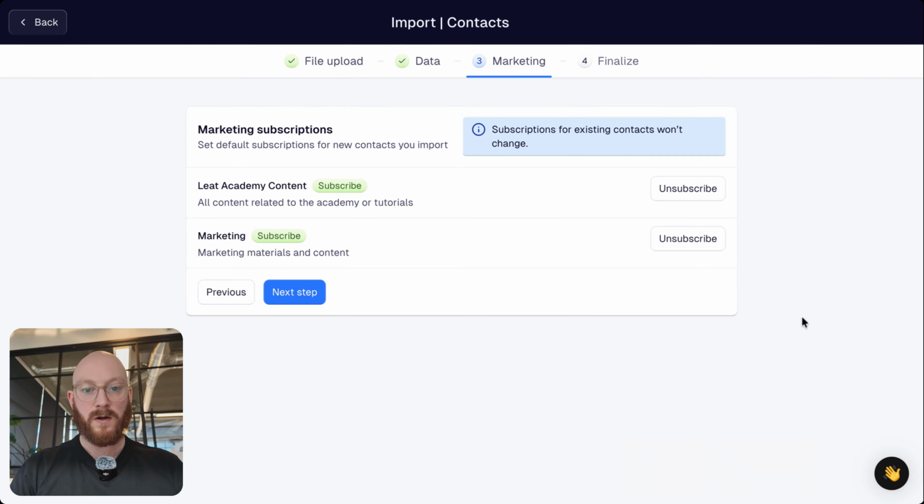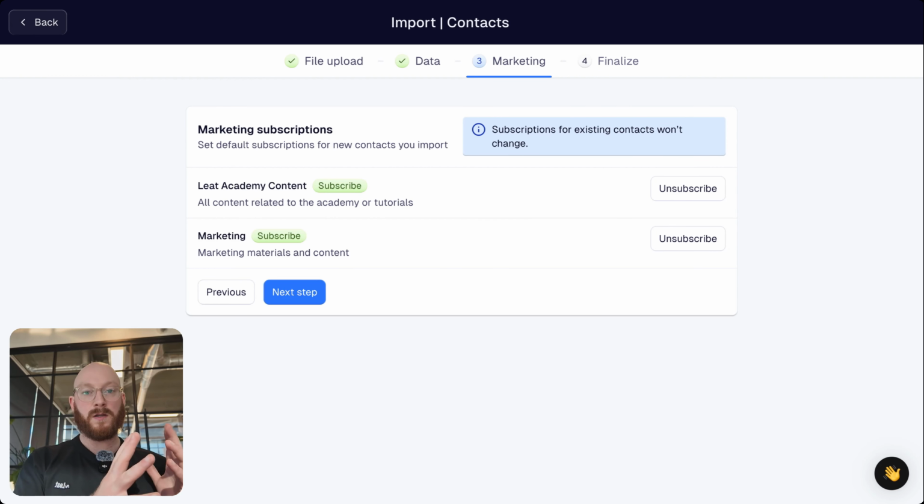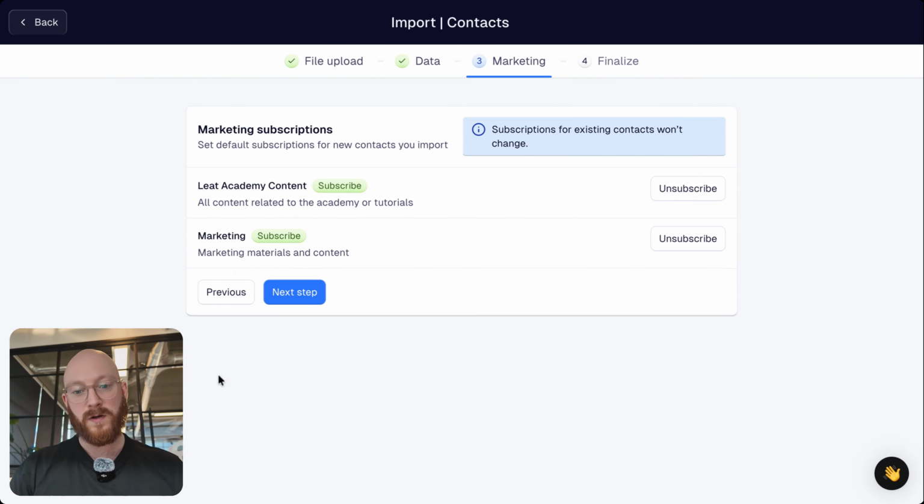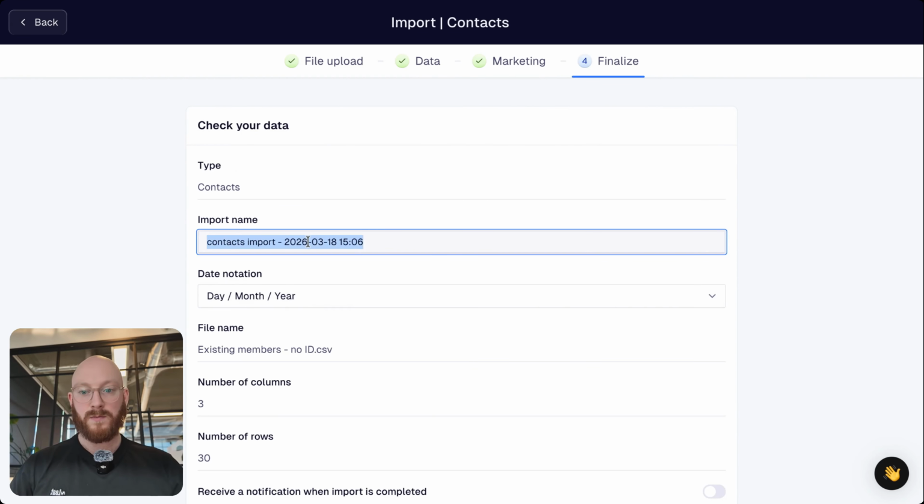And here's where you see an overview of these subscriptions. So you can make sure that everybody is subscribed or unsubscribed from marketing and the Leat Academy content, for example. As I previously explained when you were doing the settings lesson, it's not possible to unsubscribe people from functional emails, so don't be surprised if you don't see that here. I'm going to keep everybody subscribed to these 2 subscription types, and then I'm going to go through to the next step. I'm just going to change the name of this import slightly and call it a contact import existing